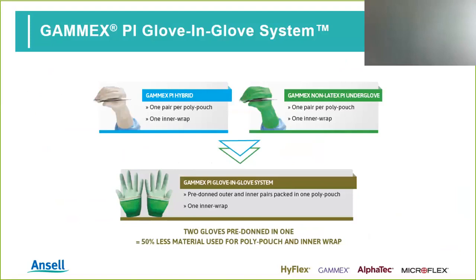So it provides that comfort of polyisoprene and the durability of the neoprene glove. So it's a very nice, durable, standard thickness kind of glove. The GAMMEX non-latex PI underglove, the green glove that you see on the right-hand side, is a micro-thin kind of glove with exceptional dexterity, provides good tactile sensitivity, but importantly in a double gloving situation, it provides that contrasting color as the underglove or the first glove for easy identification of a glove breach in this